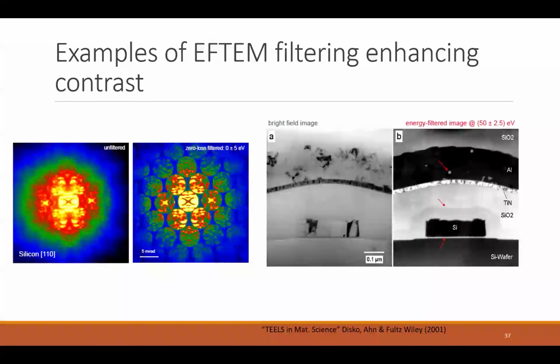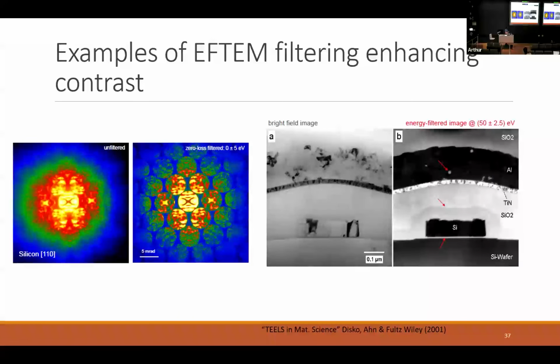So why would we do that? Well, here's a couple of examples. On the left here, we've got a diffraction technique called CBED. I haven't talked much about that, but what it does is it gives us a lot of cool information about the thickness of the sample and any other interactions which are going on in the sample in terms of its crystal structure. And here is just a regular CBED pattern of silicon, I believe, silicon 110. And then on the right here, if we just energy filter it, so we've just got the zero loss peak, we can get rid of a lot of this blurring, which is coming from these inelastically scattered electrons, and it makes it a lot more easy to interpret.